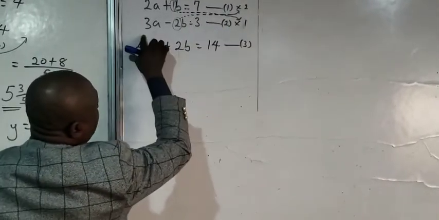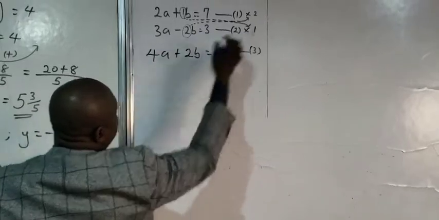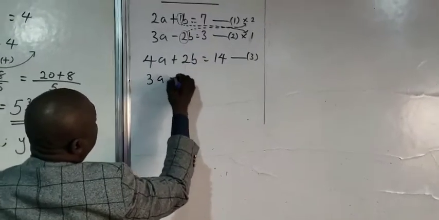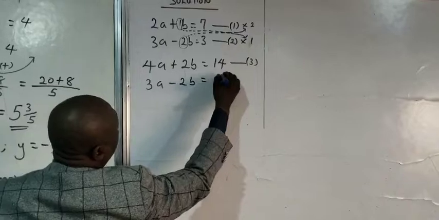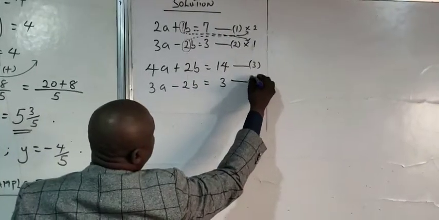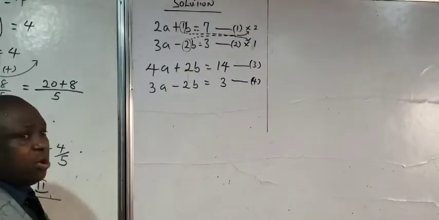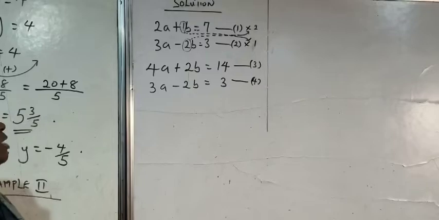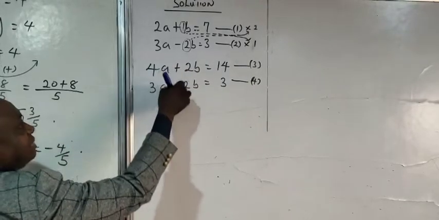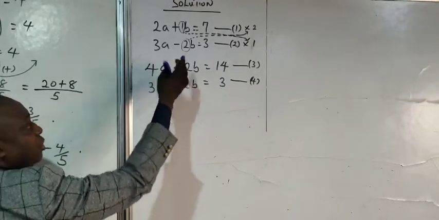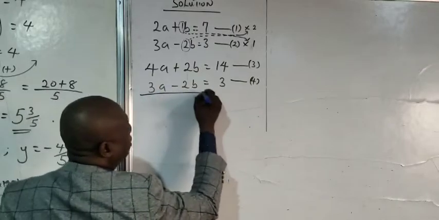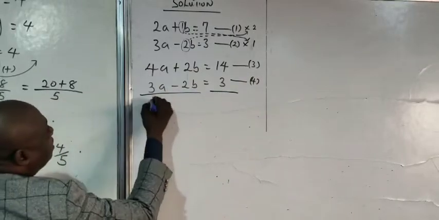Now, the same thing happens to equation 2. Multiplying by 1, this will be 3a minus 2b equals 3. And that is equation 4. Now, if I'm going to eliminate b, what will I do? If I look at b, b has different signs, plus and minus. So what I'll just do is just add. So if I add, I will have this as